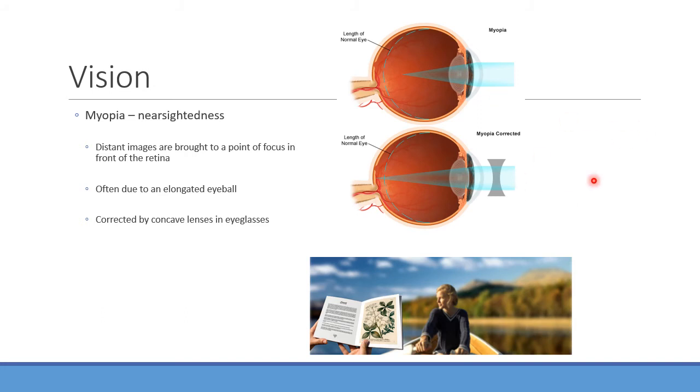And so this is where you can use something like a concave lens, right? I have concave lenses on my eyeglasses. That's going to bring that focal point back, and now I can see things that are far away, and hopefully still be able to see things that are close up. Make sense? So again, with nearsightedness, you usually have too long of an eyeball, and you're going to need concave lenses in order to focus that focal point back on the fovea there.